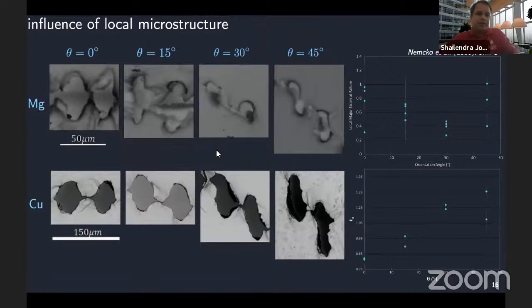Final experiments over here on how voids or holes connect as a function of the hole orientation relative to each other. Theta is the orientation between two adjacent holes in a specimen that is subjected to uniaxial tension. And what was observed is that in a material like copper, that many of us are much more comfortable with, there is a clear trend between the loading, the hole orientations and the fracture strain. Whereas when it comes to magnesium, the results are all over the place, and you can see that there is a big scatter in the results as well.